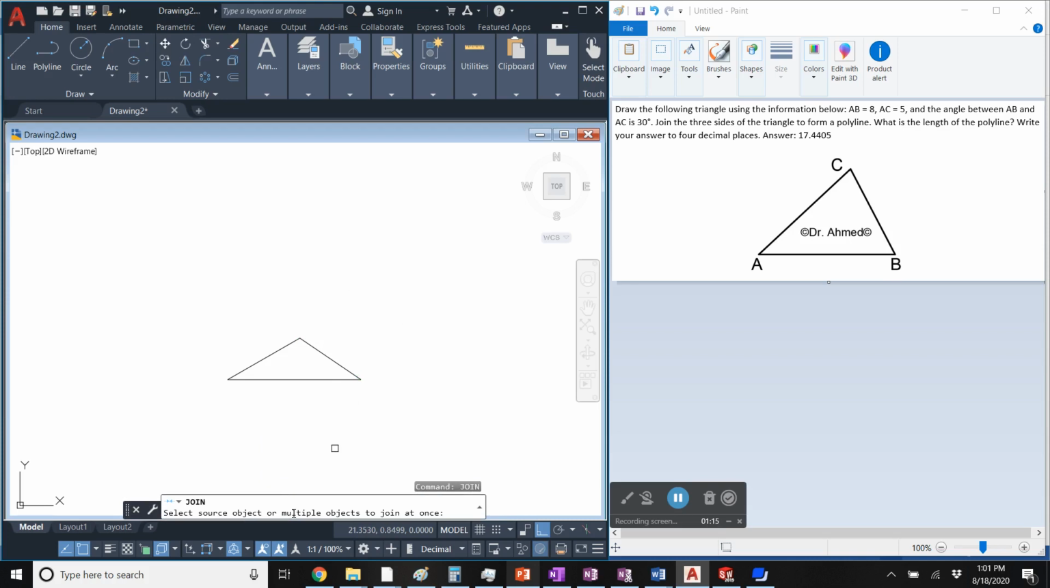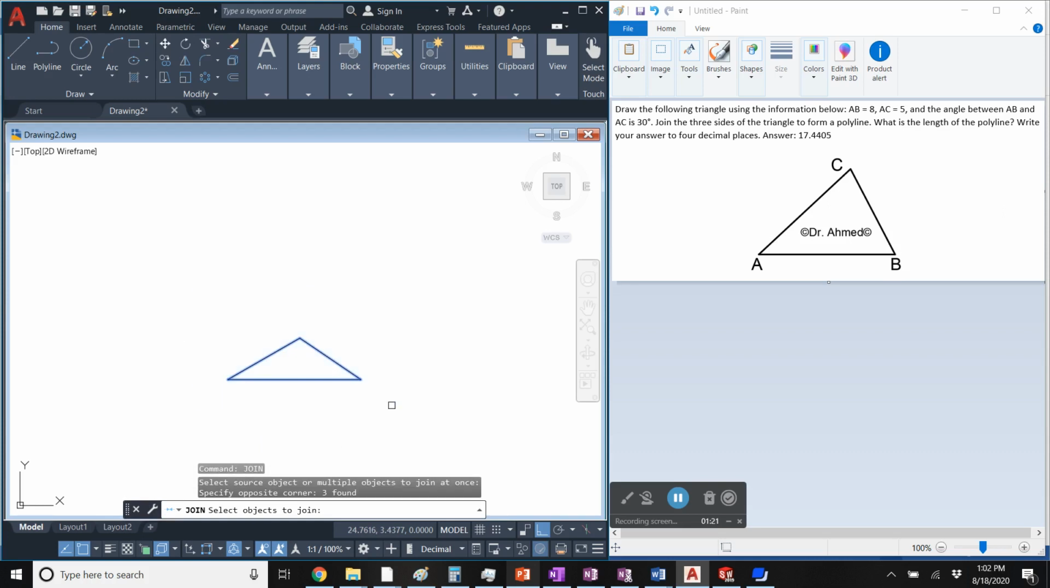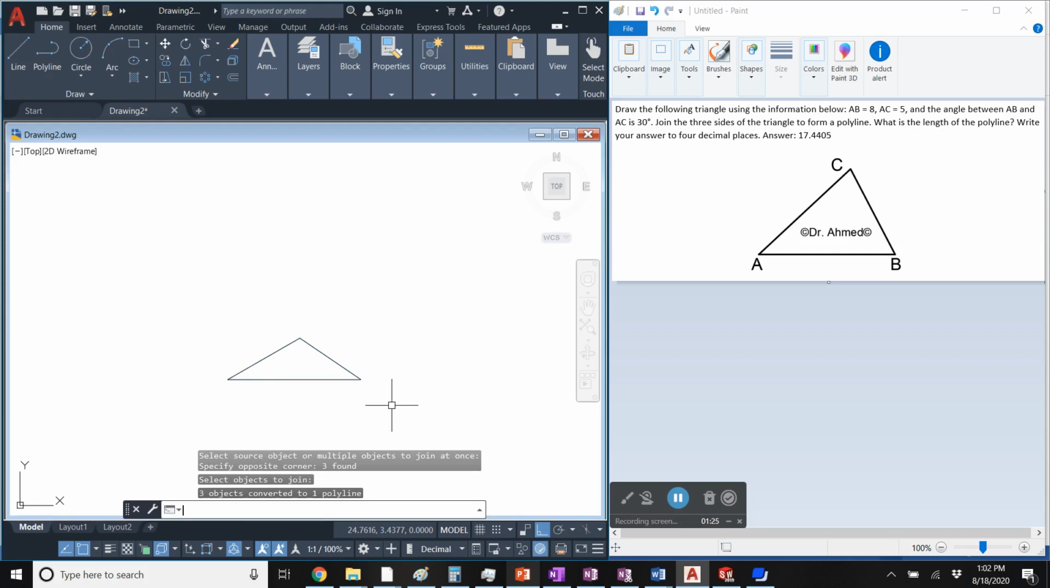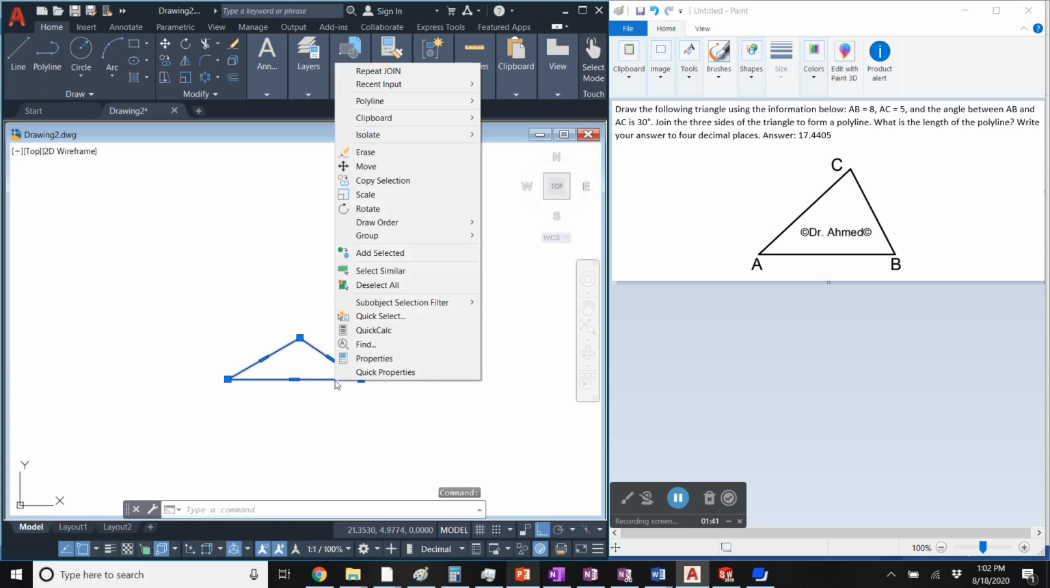press enter, make a selection box and select all 3 lines or all 3 sides of this triangle, press enter. Hover your cursor on the drawing to make sure that it shows that this is a polyline, then left click on the triangle or on the polyline and then right click and then left click on the properties